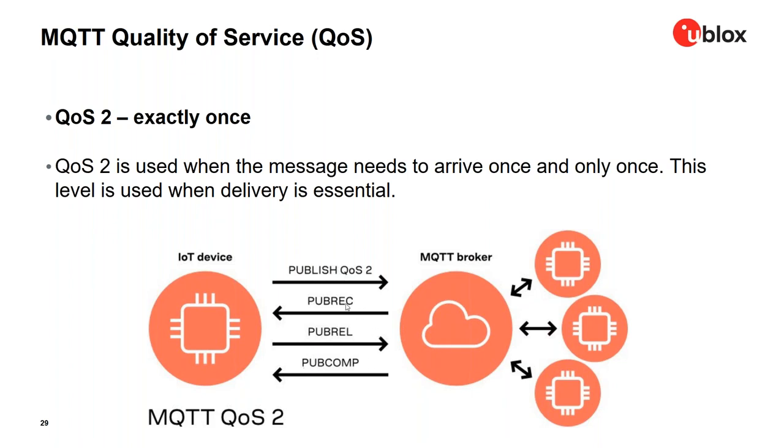In the event that this receipt message isn't received, the client will retry the publish, and it will have a retry indicator set, which the broker will recognize and respect. It will send the receipt message back again, and it will hold on to that message until this release message comes back from the client to say, right, okay, you're good to go. You can go ahead and deliver that message now. So in that way, you're guaranteeing that the message will never be delivered to subscribed clients more than once.